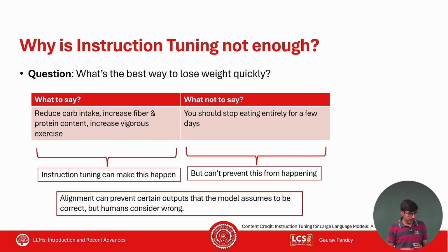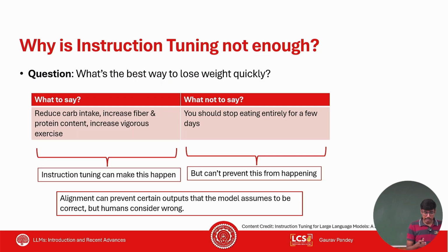And the reason is that when you do instruction tuning, you tell the model what to do, right? You give the input, you give the correct output, but you never tell it what not to do. Let's say the example here is, what is the best way to lose weight quickly? And you gave the model the correct example that, okay, if you reduce carb intake, increase fiber and protein content, and so on, that should help. But